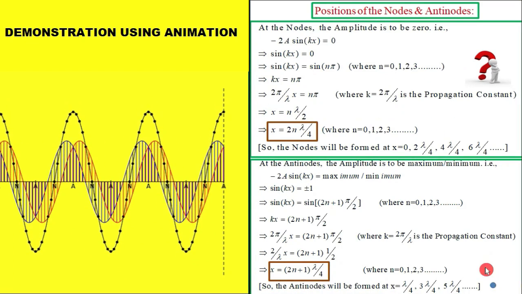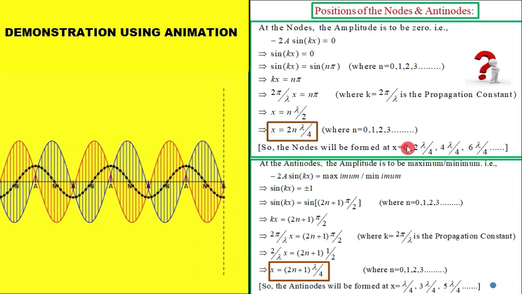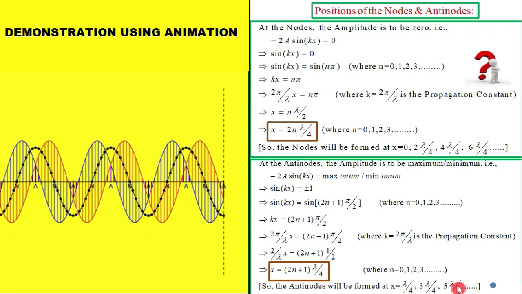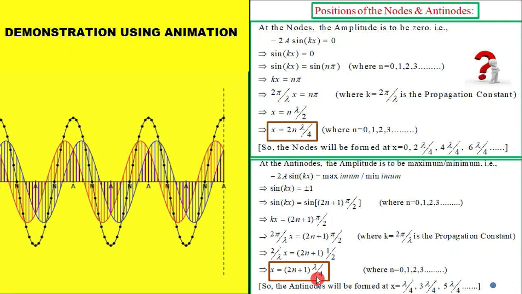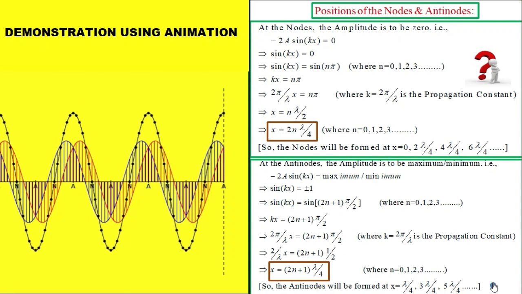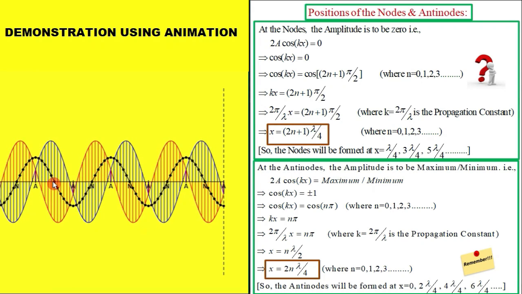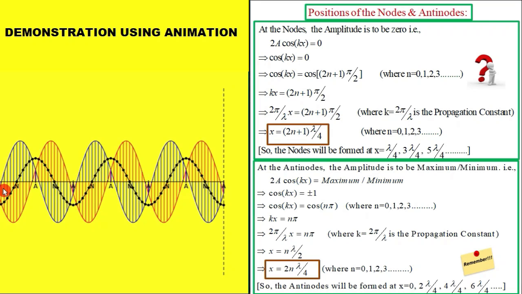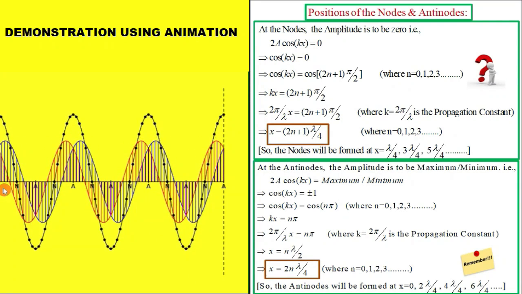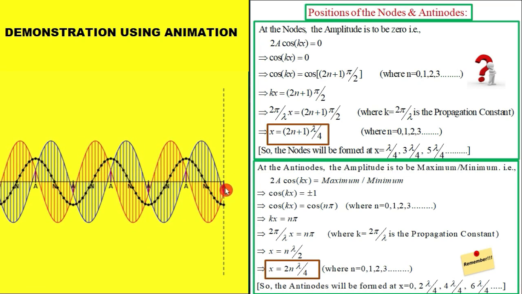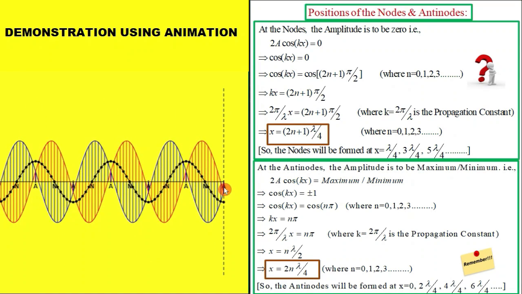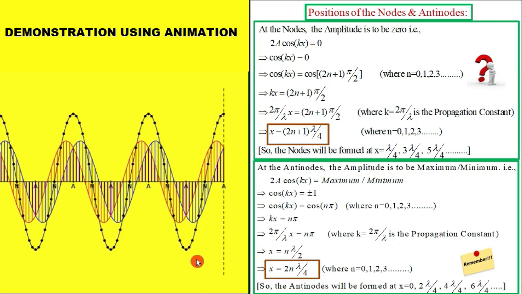Now let us remember what we got there. Exactly opposite. At even multiples you got nodes, and at odd multiples you got antinodes. But in this case we got exactly the opposite. You can also verify that in the diagram. Here you got A; in the previous diagram here you got N. And then again it is changing. In the previous diagram at the boundary you got a node, and here at the boundary you are getting an antinode. This is also a very important point to remember.